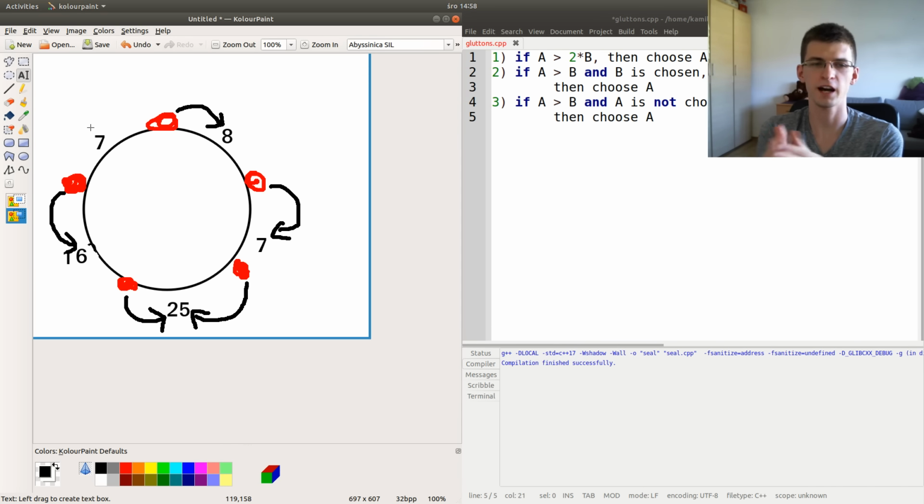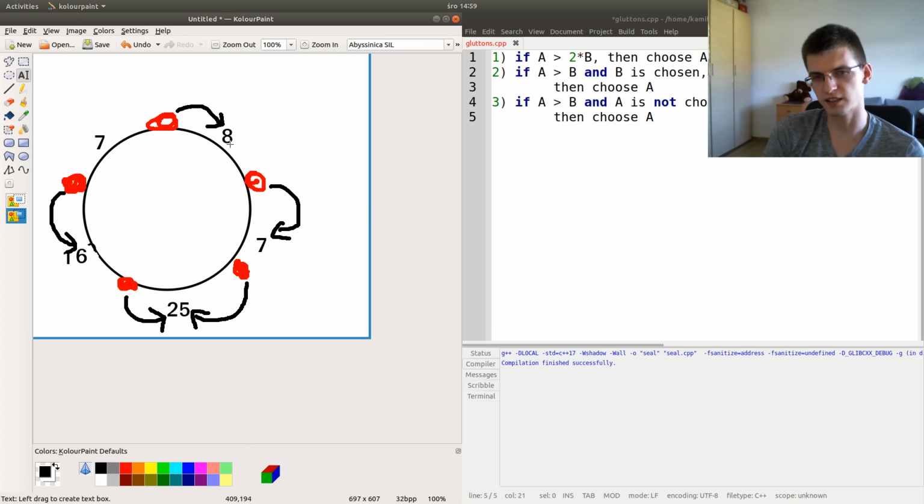So up to some moment maybe everybody will take a cake to his right or to his left, and from this moment, let's say value 7 turned out to be smaller than 8, and then everybody takes a cake to the right.